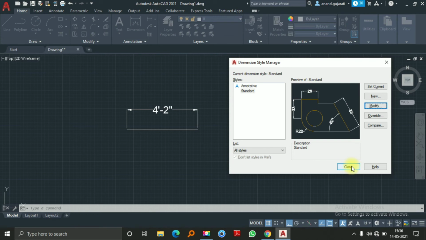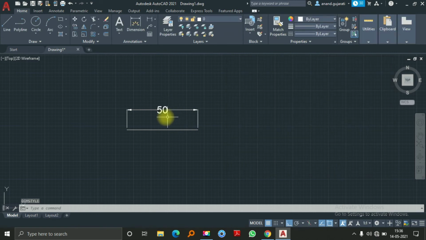So I simply changed the format of the drawing template. Whenever you change the unit, it will by default reflect in the system, in the interface, but whatever unit is displayed here, it will be reflected by the dimension manager in the unit format. Okay.